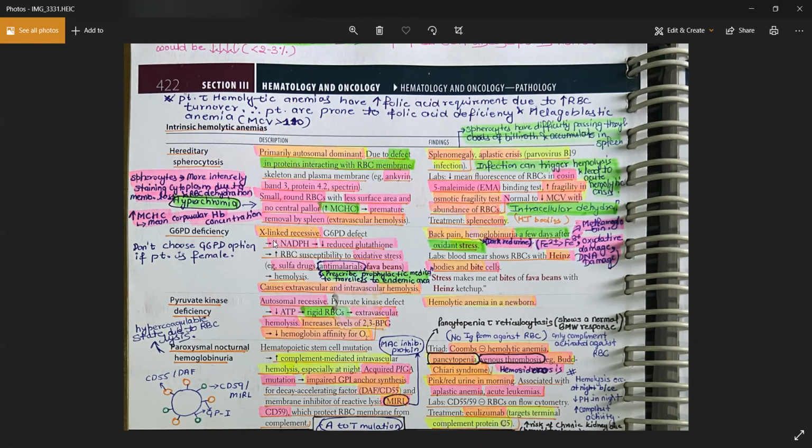Okay, and what you will see is the increased level of the 2,3-BPG, right? Because the reaction, which is the conversion of this phosphoenolpyruvate to the pyruvic acid, is inhibited, right? So you will have the backup of all these substrates, right? So we'll have the increased level of 2,3-BPG as a hallmark. Okay, and the affinity of the hemoglobin for the oxygen is also decreased because of the high level of 2,3-BPG, right? And you will have the hemolysis. You will also expect one abnormal shape of the RBCs, and which is